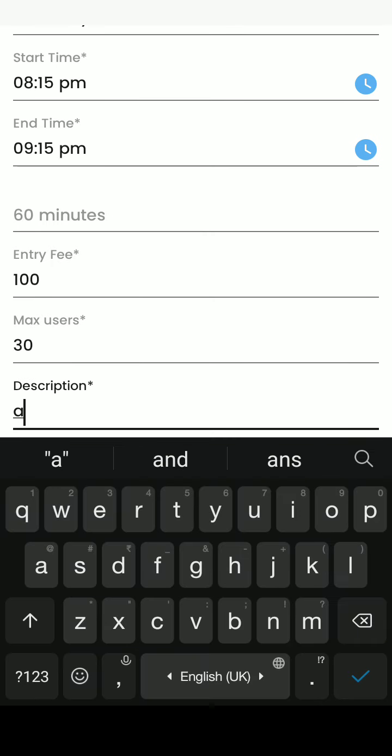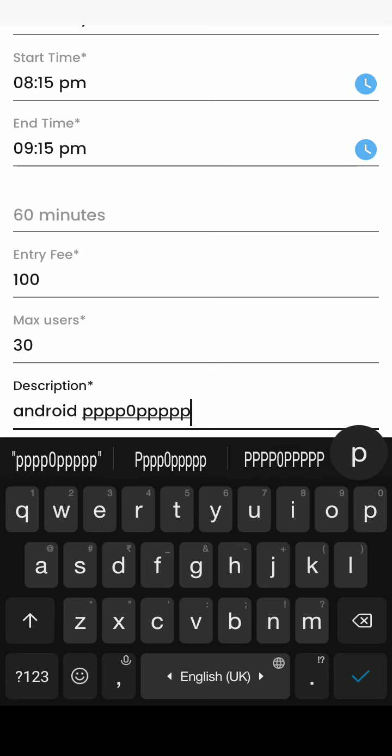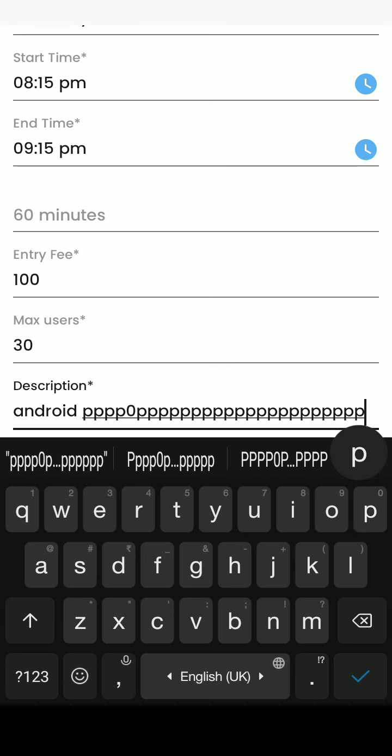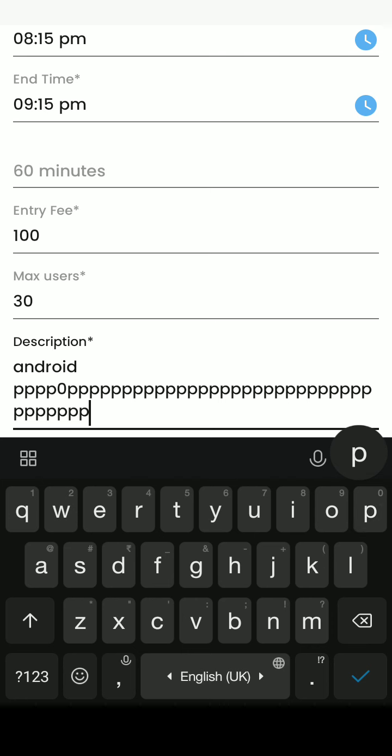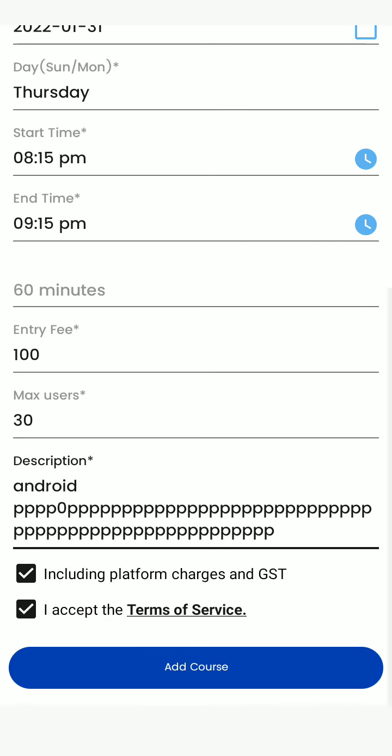Here write some description about your course, what you are going to teach in this course, what will be the goal of the course, anything like that. But I will put some random value. I am not going to write anything here, I am tired of writing things. You have to write original content, because if you do not write it, no one will be purchasing your course, right? So you must write an original description.